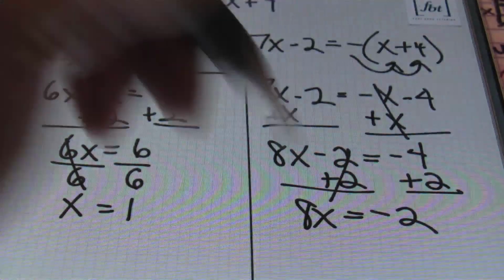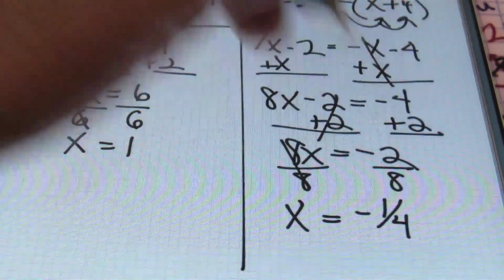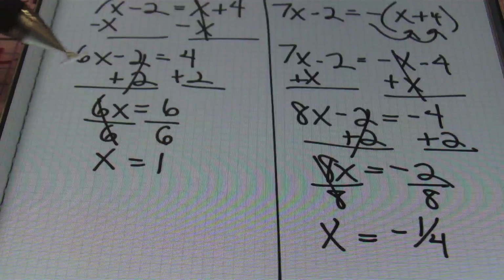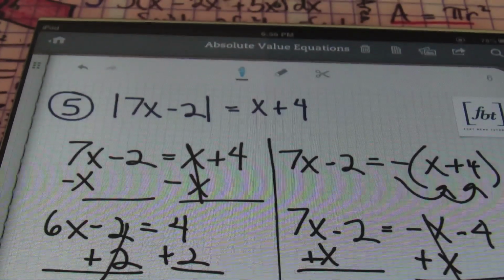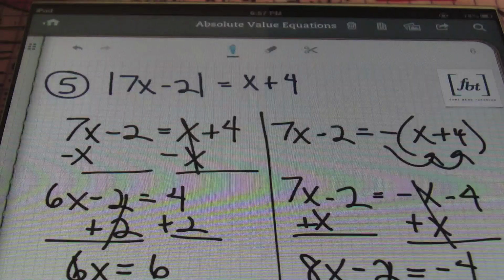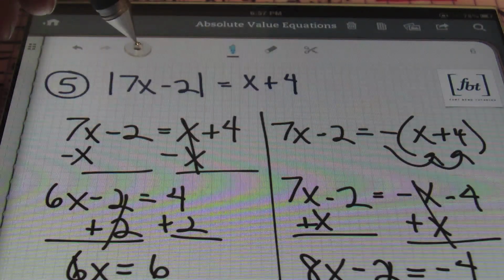Then what do? You'll go ahead and divide both sides by 8. Then, simplifying this further, we'll have x equals negative 1/4 after reducing that negative 2/8. Once you have your possible solutions, don't forget to check your answers in their original equation to see if it works. So plugging in 1, as we check for extraneous solutions, you'll have 7 times 1, which is 7, and